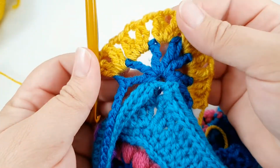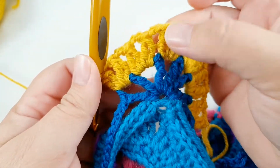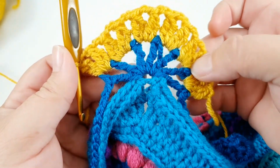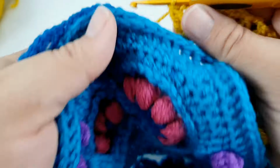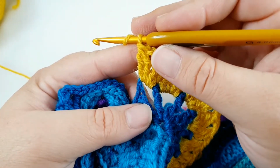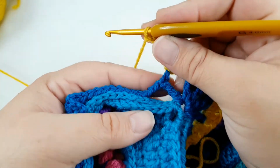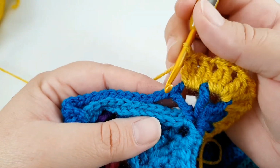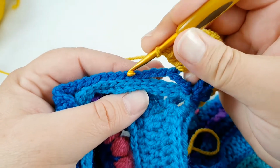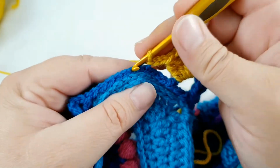Okay, so I've finished the corner group, and in total you should have 12 treble clusters, 2 in each chain space. So let's go on to the side of the pattern. So what we want to do is chain 2 and skip the treble, chain 2 and 2 slip stitches, and slip stitch into the next 3 slip stitch,